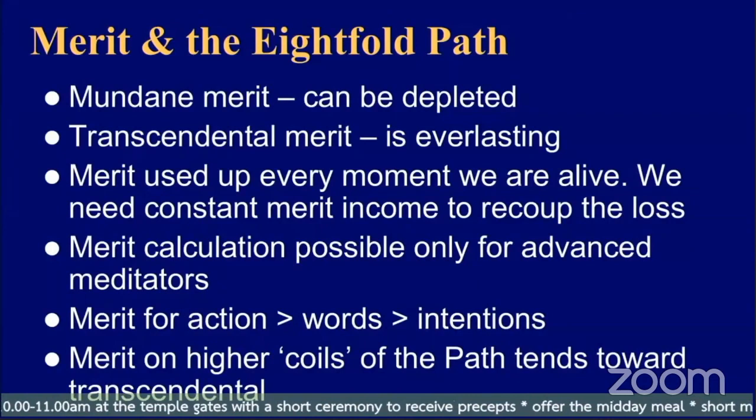Merit can be categorized according to its duration into two types: mundane merit or lokiya punya, and transcendental merit or lokuttara punya. The first sort, mundane merit, is the merit that people are generally familiar with. That is to say, for people for whom the mind is not completely pure at the time they do the good deed. Such merit can run out. When the merit's used up, it will no longer give its benefits, just like a tank full of petrol which